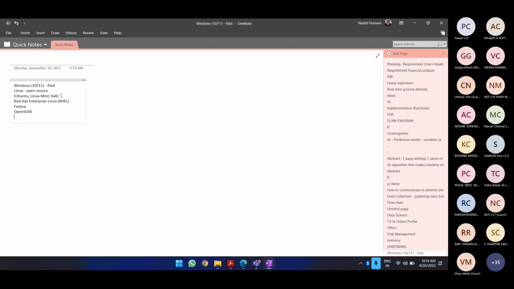We can have Cloud Linux, Elementary OS. More than 100 distributions, I believe, are available. Even Ubuntu has various flavors. I have heard it has a few more other distributions.